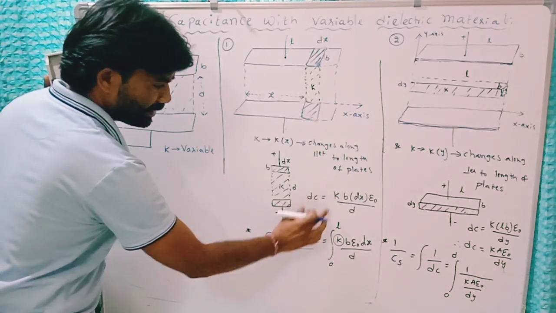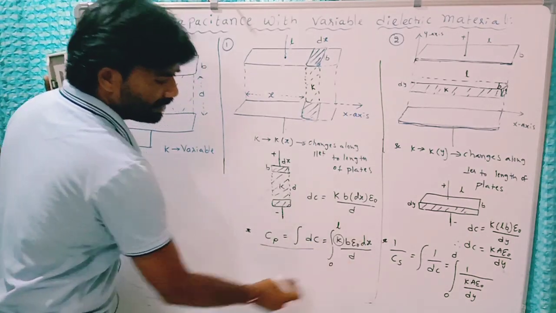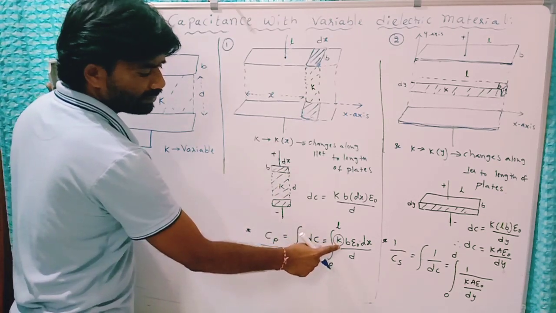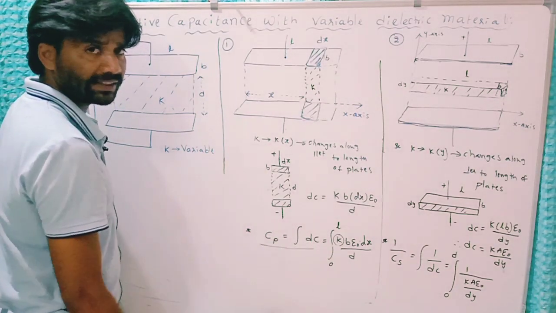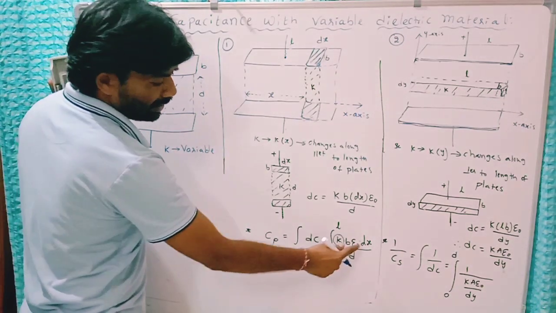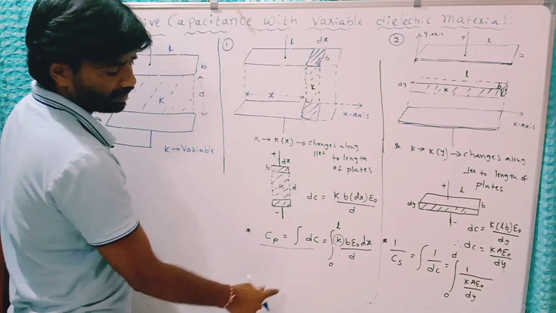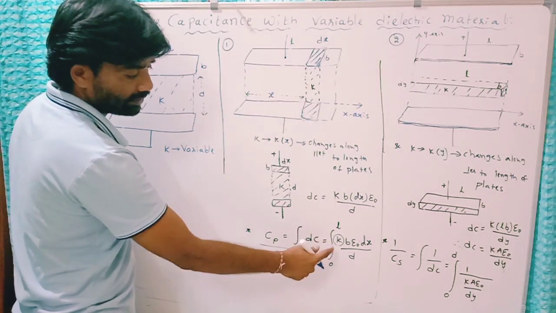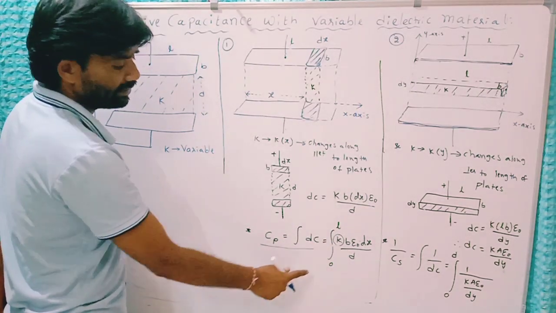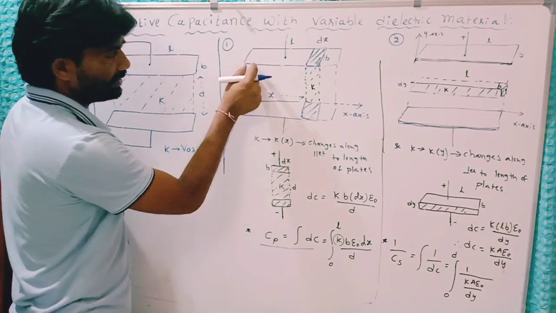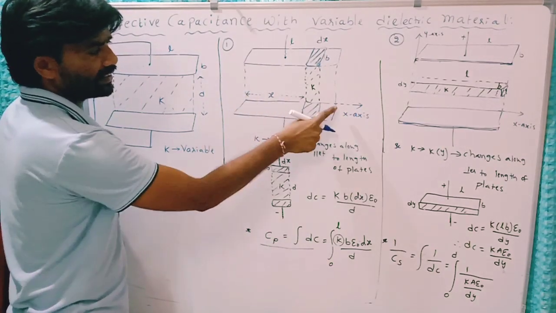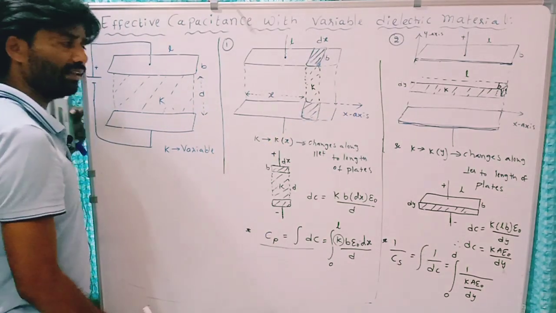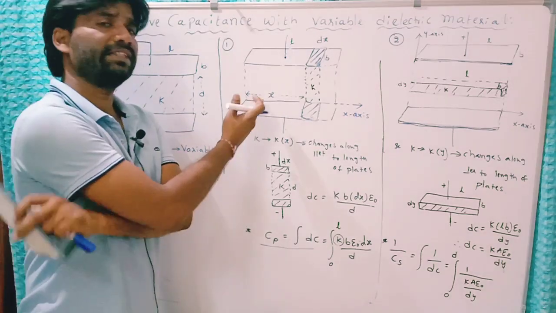So integrate this, substitute here, and you will have this equation. Here this K is a function of x. They will provide some equation for this K, how it varies along the x-axis. And we should not forget the limits of x. We should substitute the limits after completion of the integration process. Now, limits for x: this element's distance from this end is 0, and the last element's distance is L. Those are the limits for x. So that is the equation to find the effective capacitance of this capacitor.